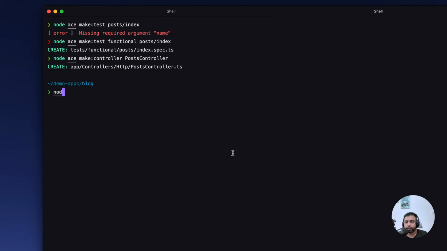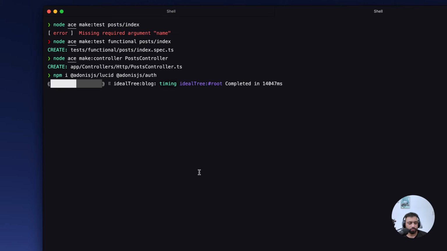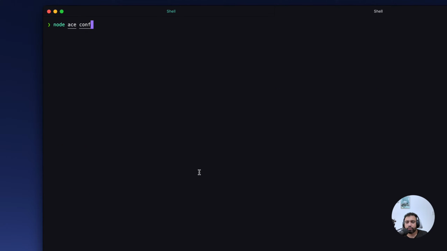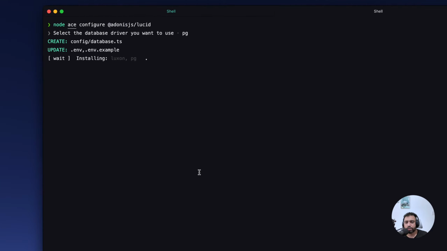So I'm going to grab a couple of packages. The first one is Lucid. The other one is auth, because I will be using auth, so it's better to install it right now. All right, that's done. Let's configure Lucid by saying node ace configure Lucid. I will be using PostgreSQL,